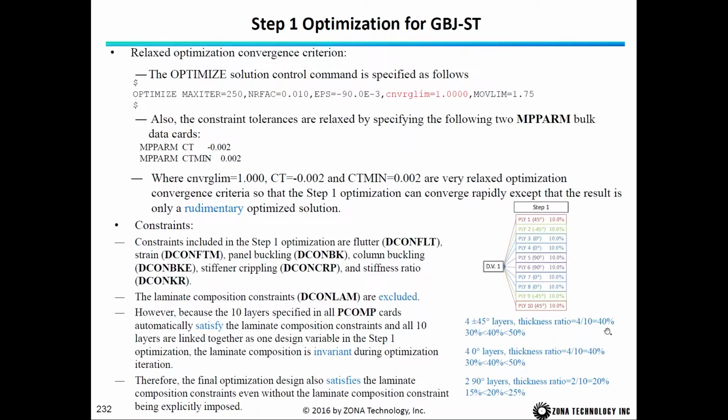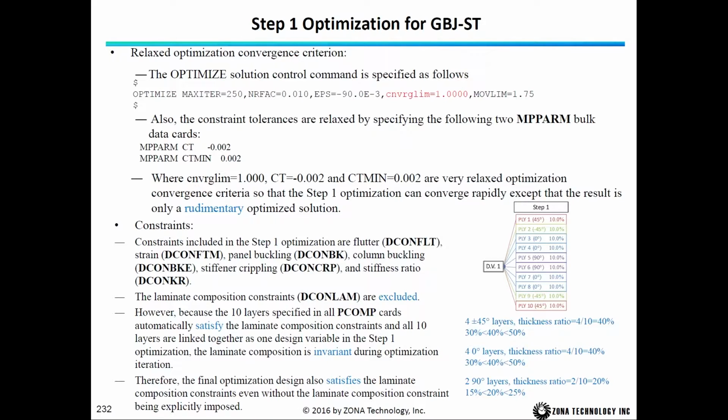That is within 30 and 50% of the total thickness. For the 0 degree ply, we have 4 layers, so it also is within 30 and 50% of the total thickness. For the 90 degree ply, we have 2 layers, so it's 20%, and it's within 15 and 25% of the total